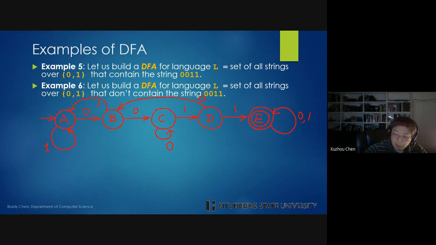Okay, so let's finish up the topics in module 7. In module 7, in the last slide, we have two examples, example 5 and example 6. These two problems are basically opposite problems. Example 5 is to build the deterministic finite automata, so a DFA for language L, which is the set of all